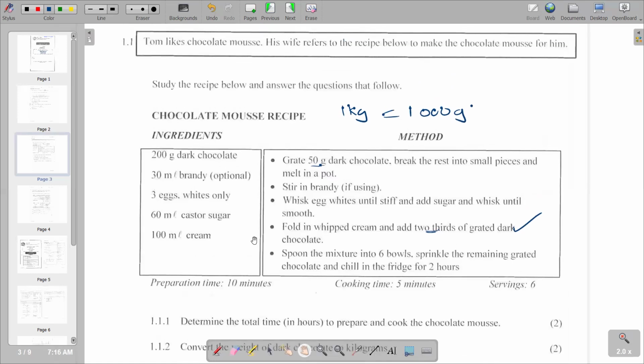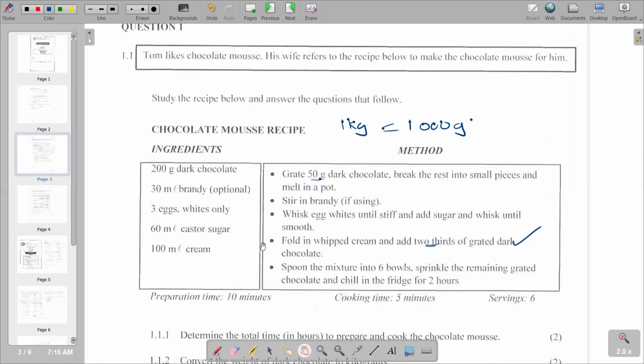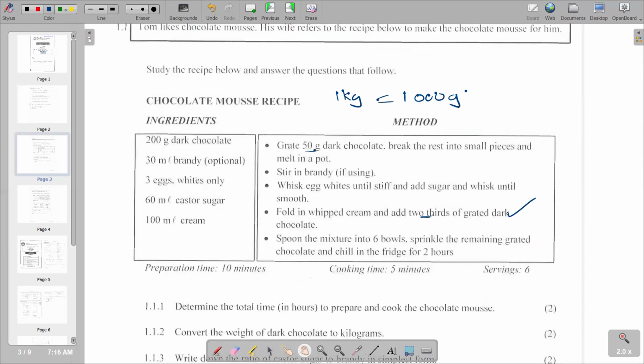According to the information given, we can just refer to the last point here. It reads, spoon the mixture into 6 bowls, sprinkle the remaining grated chocolate, and chill in the fridge for 2 hours. So we have 2 hours that are required, and also have 10 minutes, then you've got 5 minutes. So basically, all in all, you are going to see that time needed is going to be